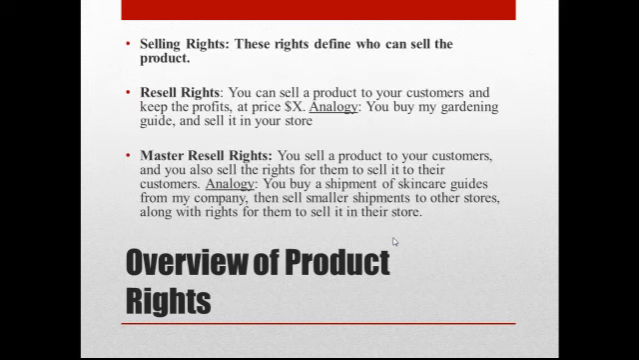One type of product rights are selling rights. These rights determine who can sell the products. For example, what resale rights are: you can sell the product to your customers and keep the profits at price X. Here's an analogy. If I create a gardening guide called Gardening Guide 2012 and price the product at